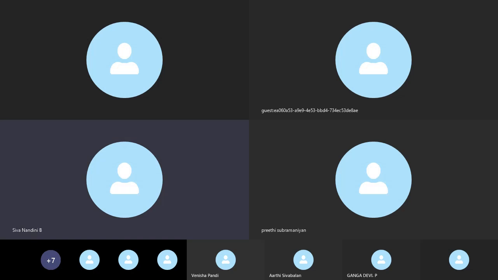PCB means a normal PCB which is before assembly. PCBA means a PCB board after assembling all the components. And then the silk screen is also used for writing some warning symbols. Warning symbols mean that these parts shouldn't be used for any other purpose. Like that, we will be marking some warning symbols by means of this silk screen.